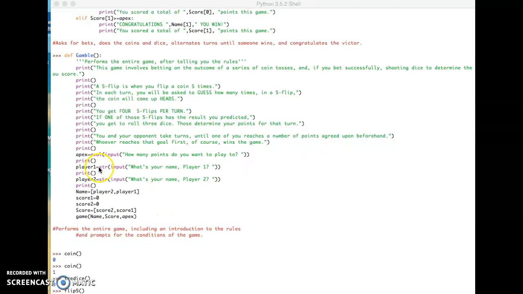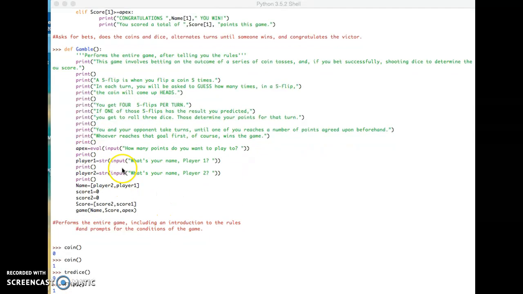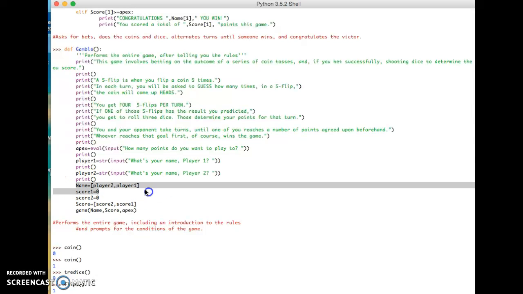And here's where it starts to get kind of intricate. So once you have the names, you input them into a list. Now notice that player 2 is before player 1. And the exact why I did this, I'm not going to explain because of time considerations, but I explain it in the written part of the assignment. But the important part is the stuff for player 1 is in the first part of this list, because it is a list, and